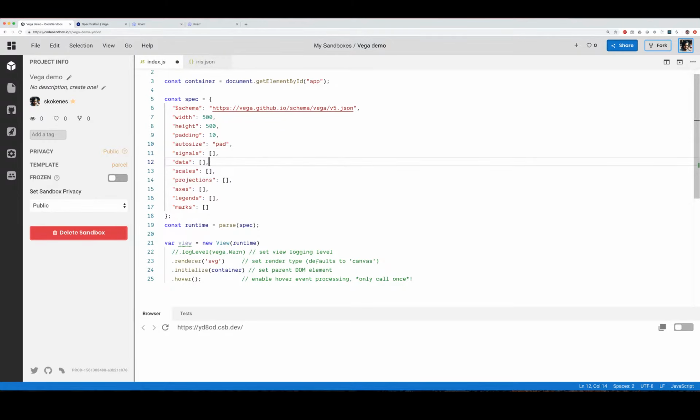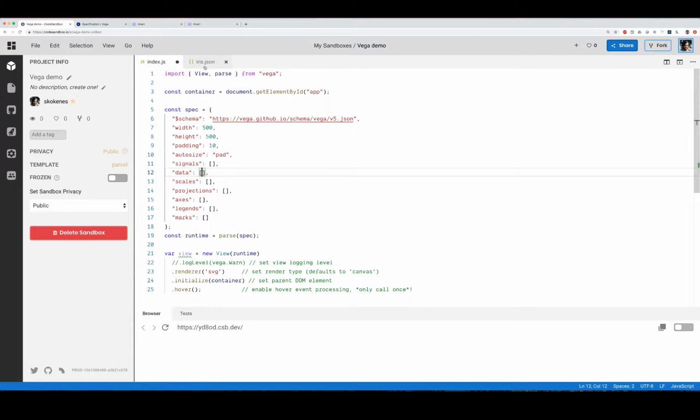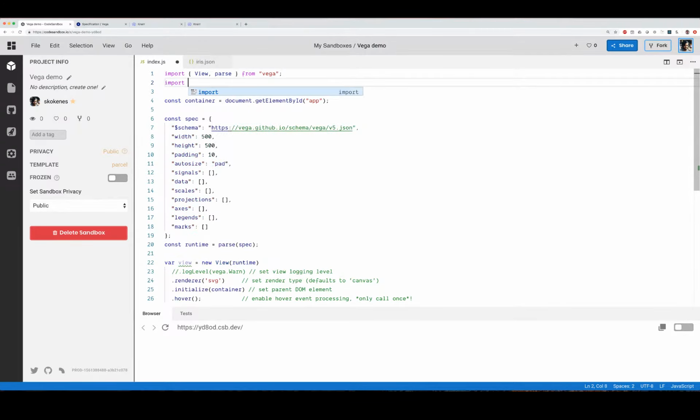But data of course is very important. So if we're going to visualize a data set, we need to pass in data to the Vega view so that it knows what to run. This data can be embedded directly in the spec. More commonly, when you're building visualization on the web, you're going to want to programmatically insert that data, and I'm going to show how to do that later because it's a little bit more advanced usage of the View API. But for now, let's start by introducing this data from iris.json just directly as part of the spec and not dynamically. So what I'll do is I'll